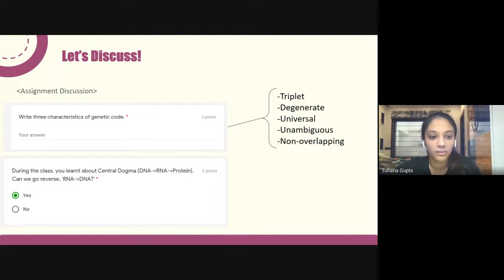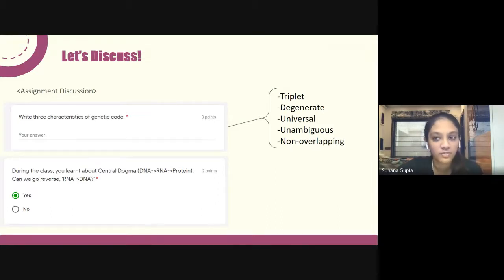So if you remember the assignment, it had a question to decode a code and most of you got it right. It said, I like genetics, and which is why you're here. So the first question asks us, write the three characteristics of the genetic code. We will start by stating three basic answers to that. First, one codon is made up of three bases or is in a triplet.